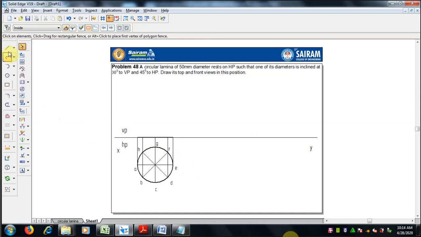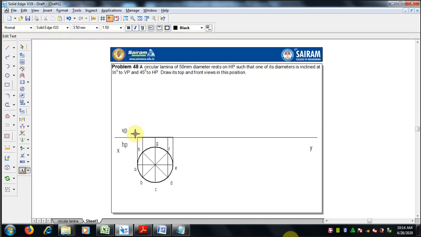In the front view, we have to mention the names from the top. From the view, how we are seeing it, we will get a dash. The front view is a dash, a small letter dash. Here b dash will be visible, H is invisible, so put it in bracket. Like that, C and G: C will be visible and G will be hidden. So c dash and bracket g dash close.